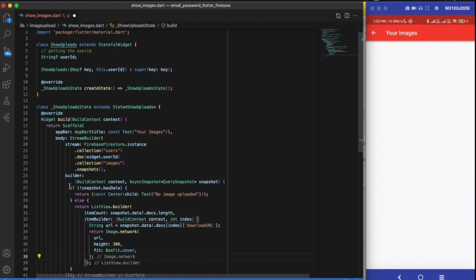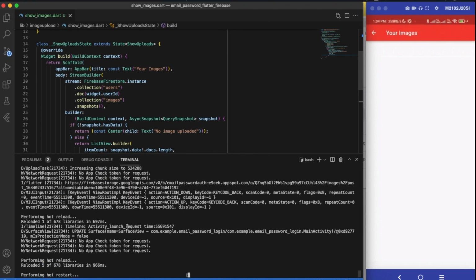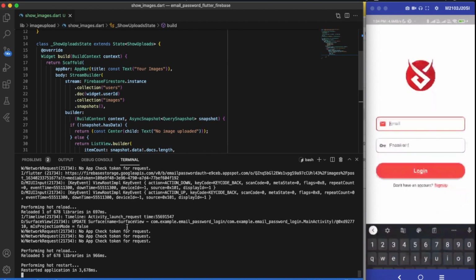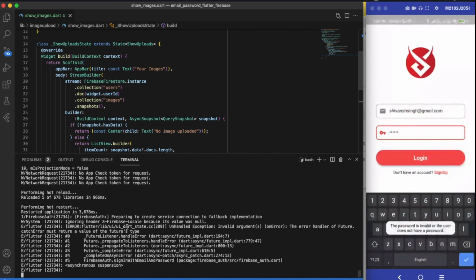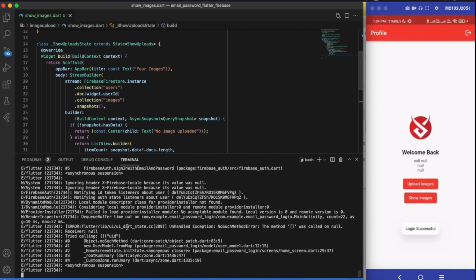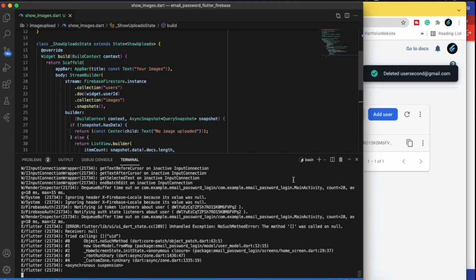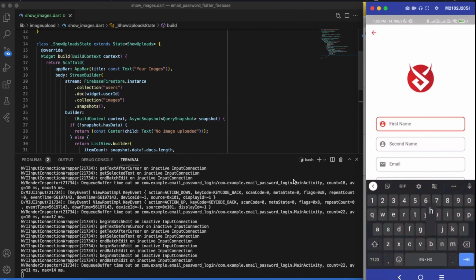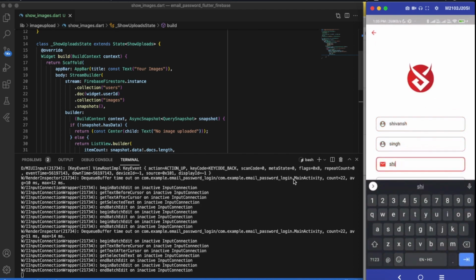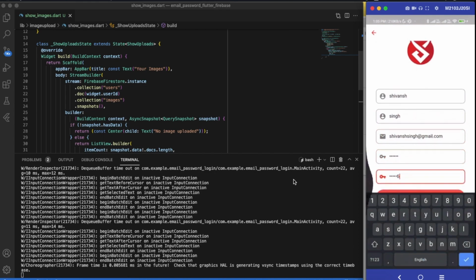Okay, now what we can do is we will be restarting the application again. We'll click on okay, so we got our app hot restarted. Here we will get to a particular user. Okay, actually I wrote wrong password, and this is showing me welcome back none null because we deleted all the database and we have nothing left with us. So what we can do is we will click on logout and we will create another account. Let's say this will be Shivan Singh, and we will create the account again because we want this to save the data to our Cloud Firestore. So this will be user.